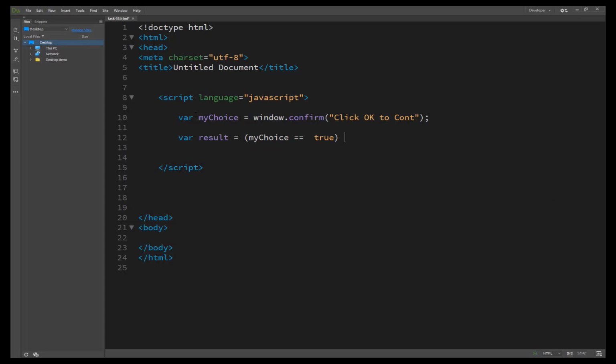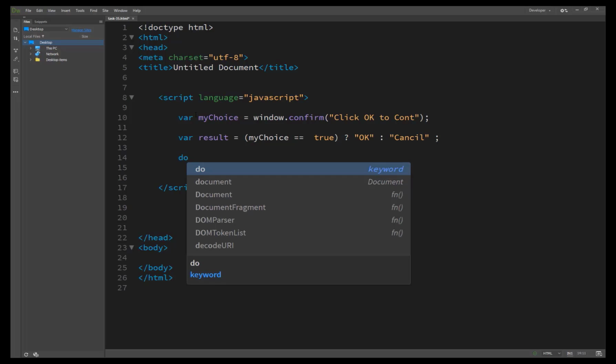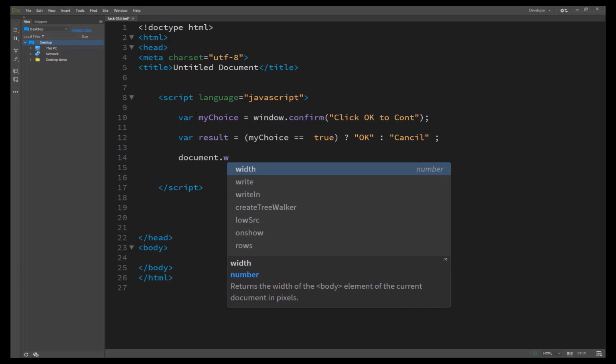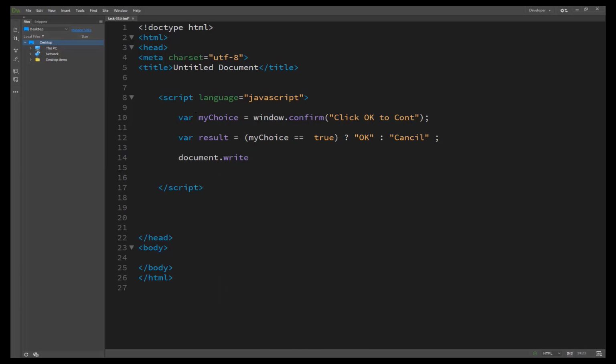And here the technique is passing a question mark, and then OK or else cancel. Here's OK. And to get the result, as you all know, we write the method document.write, and inside we pass the result here.